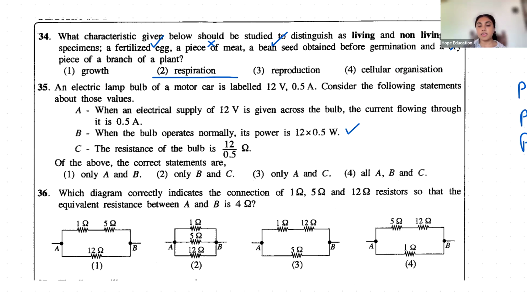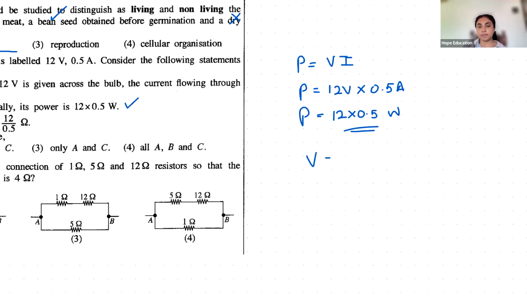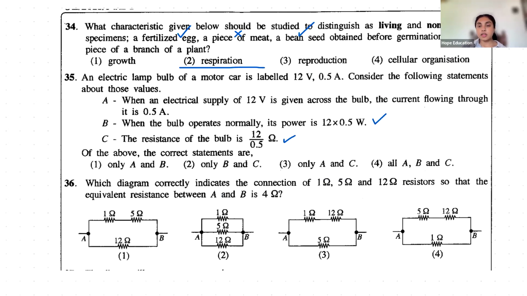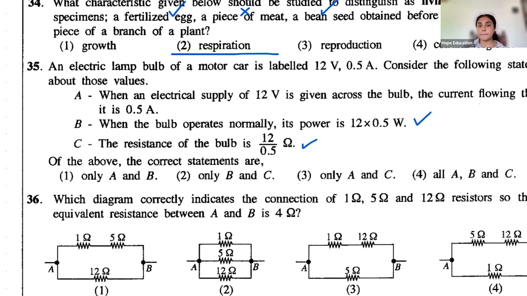තව අපි දන්නවා V equals IR. So voltage is 12 volts, current is 0.5 amperes. Resistance එක දන්නේ නැහැ. Then resistance is 12 divided by 0.5 ohm. එහෙනම් C හරි. ඒ බලන්න. මේ බල්බ් එකේ ගහලා තියෙනවා 12 volt 0.5 amperes කියලා. එහෙනම් ඒත් හරිනේ. A is